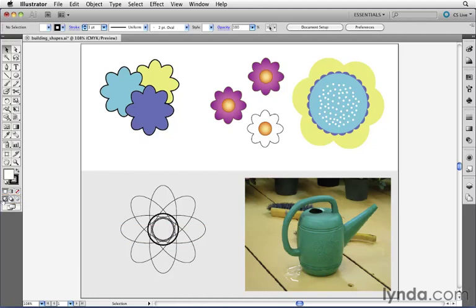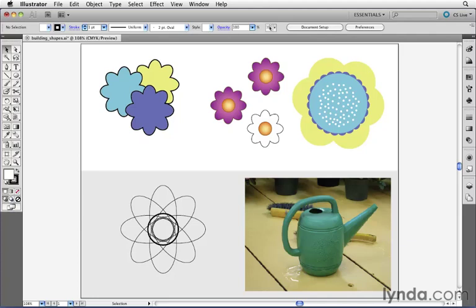There are three icons here. The first one is called Draw Normal. This is the way that Illustrator has always been drawing graphics over the years. However, now in CS5, there are two additional drawing modes. One is called Draw Behind, and the other one is called Draw Inside. So in this movie, we'll take a look at how to use these drawing modes, and we'll find out when